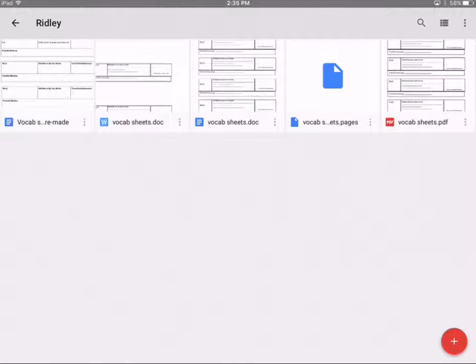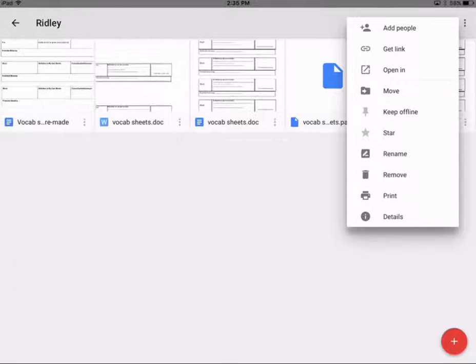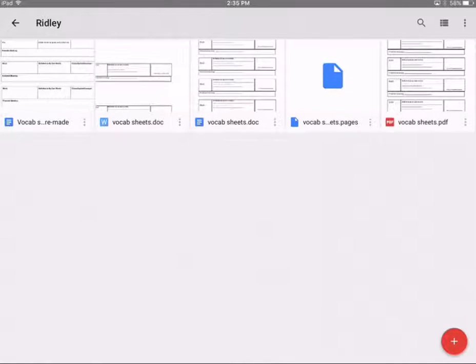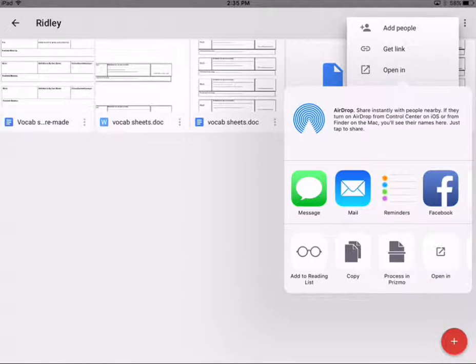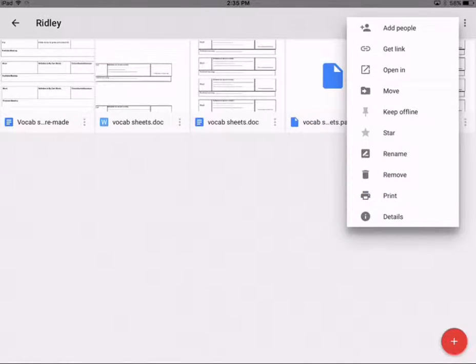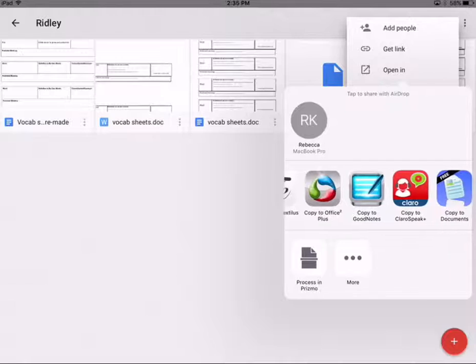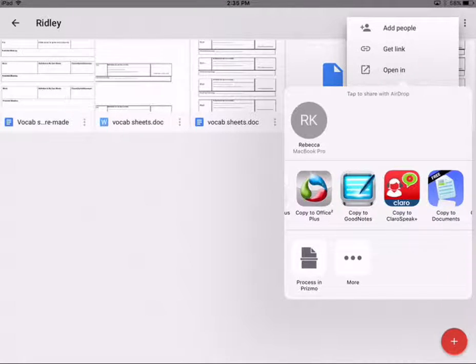So if we select the three dots next to the vocab sheets, and again, this vocab sheet is just the Word document and I resaved it as a PDF. So if I select that and open in, select open in again, we're going to use Claro PDF today. There's plenty of PDF annotation apps out there. Another really great one is called iAnnotate. iAnnotate runs about